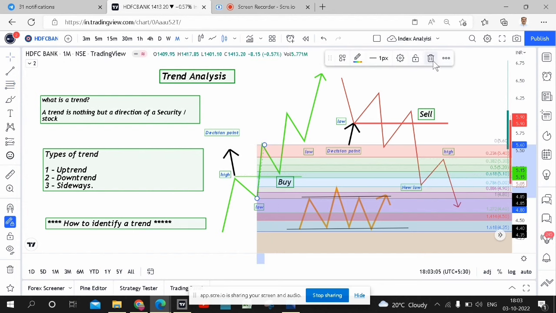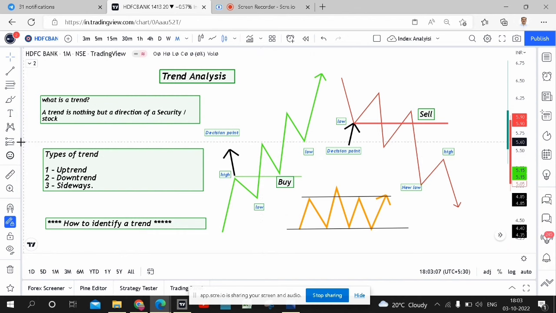The difference between an aggressive trader and a conservative trader: if anyone is entering a trade immediately after the breakout, the market can be at this point and the stop loss will be this point. If someone is making a trade, the market has reached here, a solid candle closed here, and they are initiating a trade here,